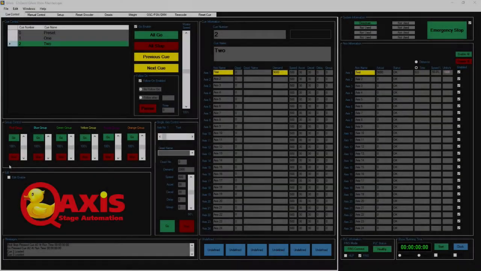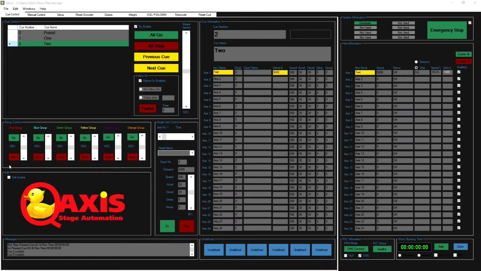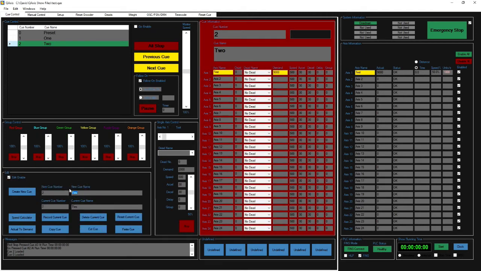So we've created Q1 and Q2, but if we wanted a queue in between 1 and 2, again we go to edit axis, we get it, call it in between, why not, and then we can give that a number, so we could give it 1.7 for instance, and if we create that, it puts it in between 1 and 2 at 1.7, and if we wanted to do another in between, so in between 2, we could put in 1.3, create a queue,